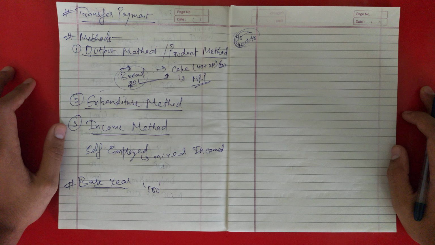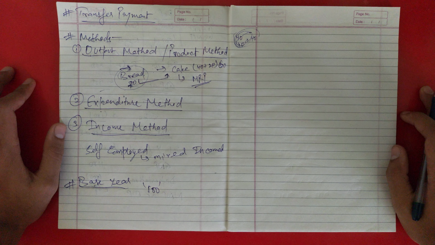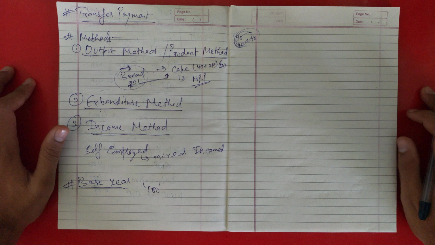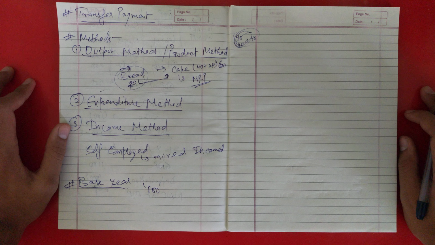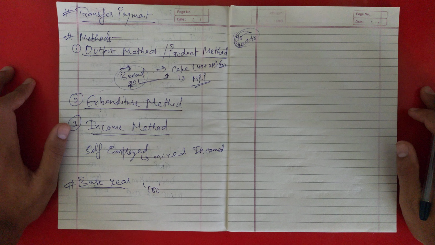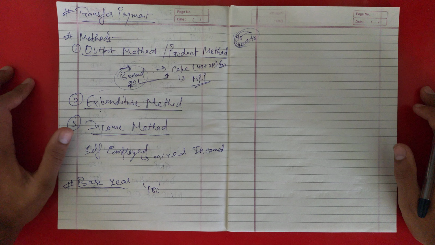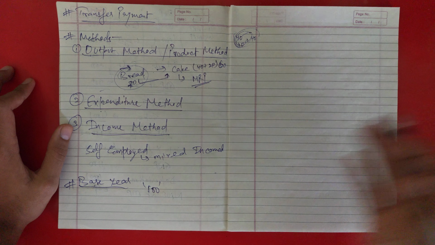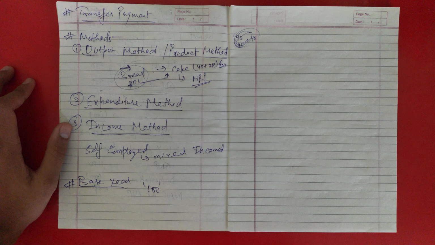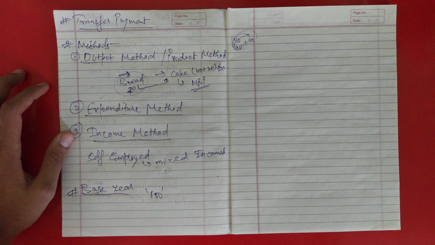Now the base year also changes periodically to take into account the structural changes which take place in the economy, and it is all decided by the government. So they can give you a false report also by choosing a wrong base year, because they want to show the public that they have achieved a lot of growth, but it's all manipulation. It can be manipulated through the base year, and governments do that.